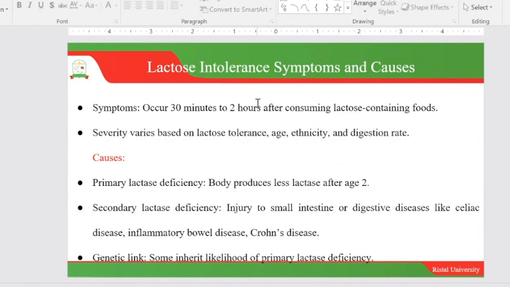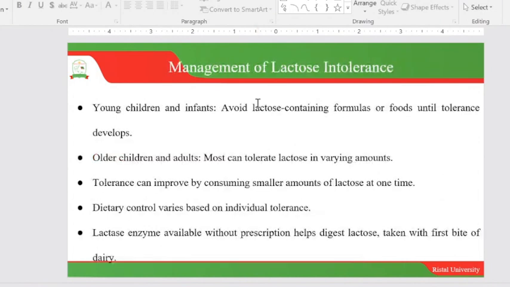You remember the IBD or the inflammatory bowel disease, or the irritable bowel syndrome, the Crohn's disease, and etc. The genetic link: some people are able to inherit this likelihood of primary lactase deficiency. Okay, so the management of this, we are looking at in the young and infants,